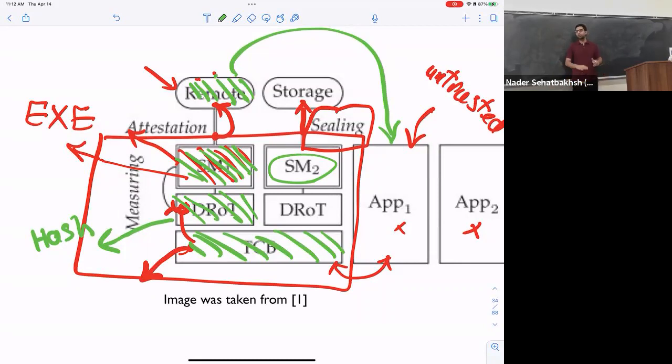Your hash function always stays, so for the entire lifetime of your system the dynamic root of trust lives, but your secure modules come and go. But generally, all of these are part of your dynamic root of trust. So at this specific snapshot that I'm showing here, you can also assume that your SM1 and SM2 are also part of the DRoT.